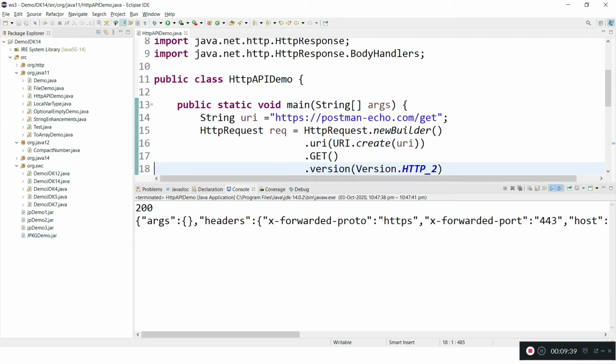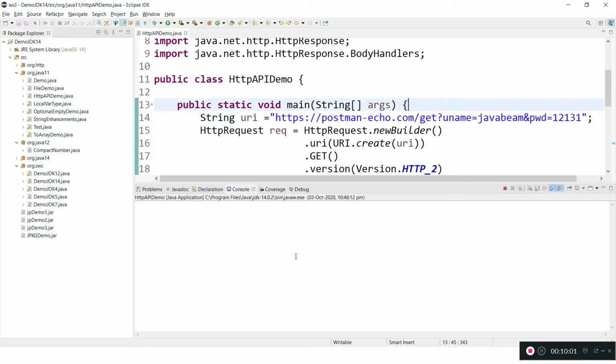In a GET request we will send the data in the request header, I mean the query string. So let's send username JavaBean, and password something like this, and let me send. Yeah, here I sent the request.